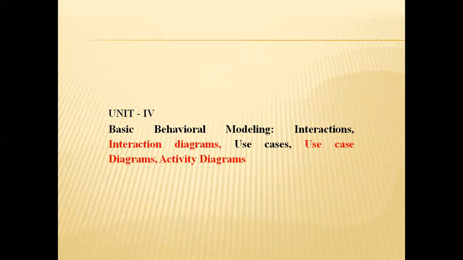Suppose in the ATM system, you do not get the cash directly. First you perform some actions, some activities. First you insert the card. Next, after inserting the card, you select the language. After selecting the language, you enter the PIN. Next, you enter the account type, and then you enter the amount. After entering the amount, some processing is performed. Next, you get the cash. So the activities performed by the system are represented by an activity diagram.